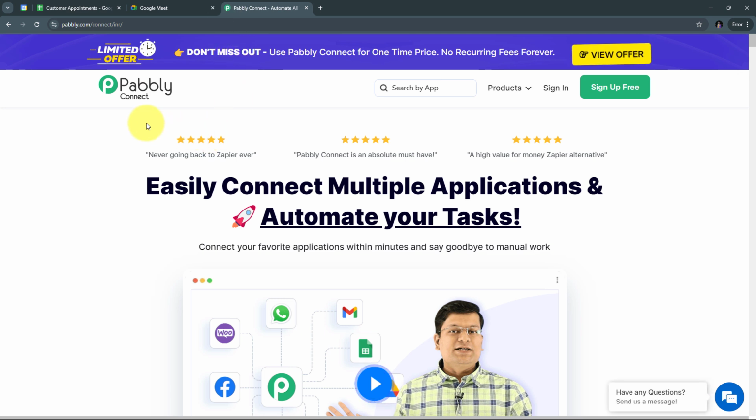And this will take us to the landing page of Pabbly Connect. Here on the landing page, I have these two options of sign in and sign up for free. If you don't have an account with Pabbly Connect, you can just click on this sign up for free button, and this will take only 2 minutes of your time and you will get 300 tasks every month. Or if you already have an account or are an existing user, then you can just click on sign in